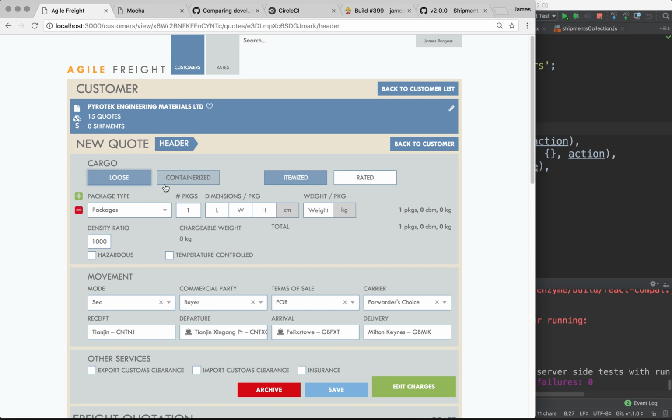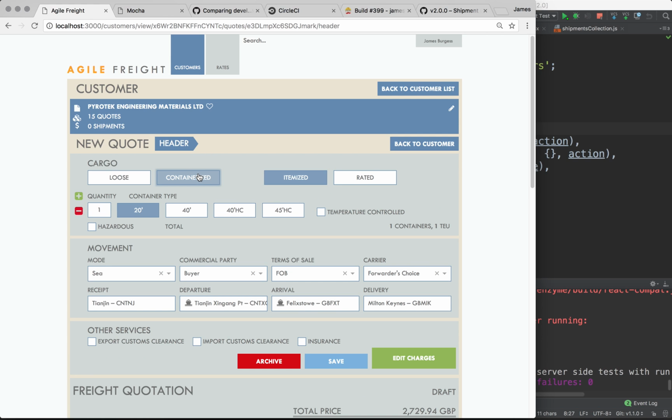Well, one of two things. Either we maintain it like this in the quote, but then in the shipment, we have the ability to display one after the other, so the packages and then the containers, or the containers and then the packages. Or what we do is we display both all the time on both the quote and the shipment. And so we might ask this question to the product owner, and the product owner might say something like, well, containers aren't used in air freight shipments, so it's probably not a good idea to have it displayed all the time. So what we're probably looking at is some kind of a modal feature that needs to be built